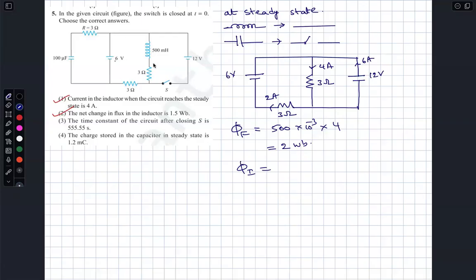6 volts, 6 ohm. So therefore, initially the circuit is like this. And the current is 1 amp. So therefore, 500 into 10 power minus 3 into 1,